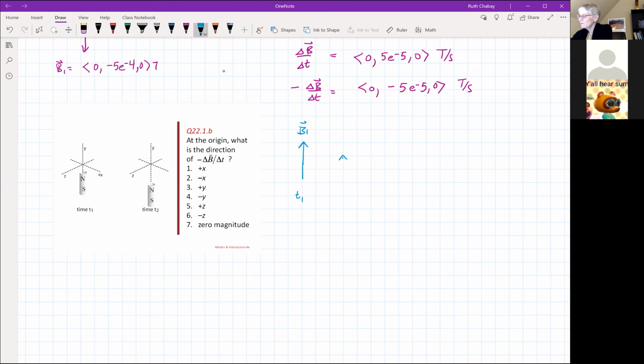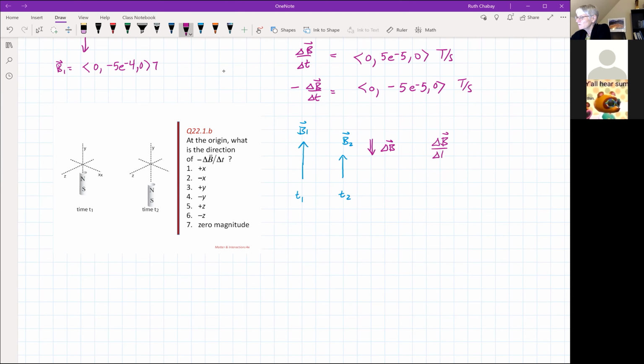So the magnetic field is smaller. And so we have delta B, which is what we had to add to B1 to get to B2. So we have delta B in the negative y direction. So in fact,